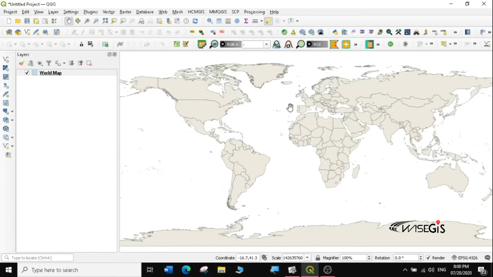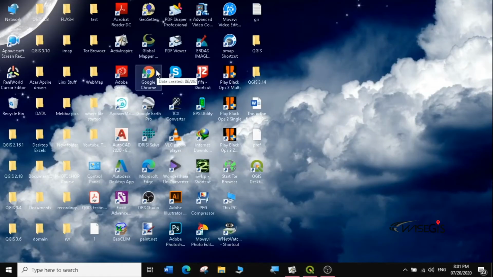Now, how do we load another layer on QGIS? That's the next thing here. Now that we have loaded our first layer, which is a vector layer, how are we going to get other layers to overlay in our QGIS? Very interesting. So we'll open our browser. There are several ways,